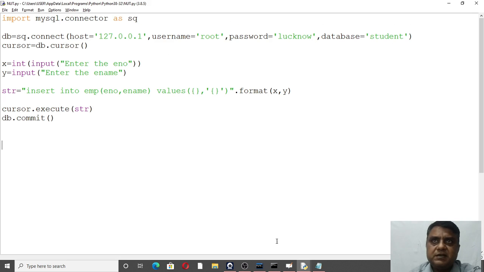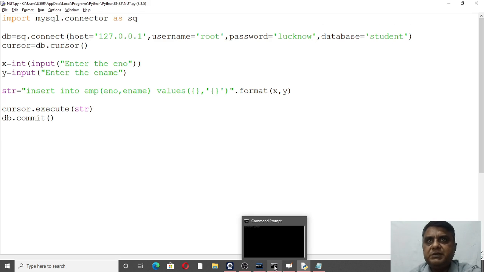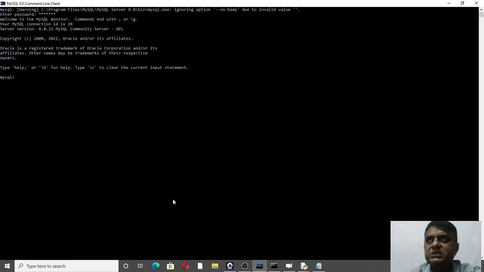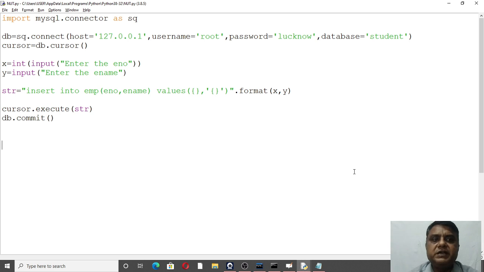Let us check whether it goes into the database or not. Open MySQL and then open your database. The name of the database is student.